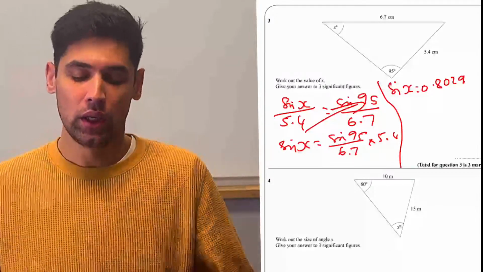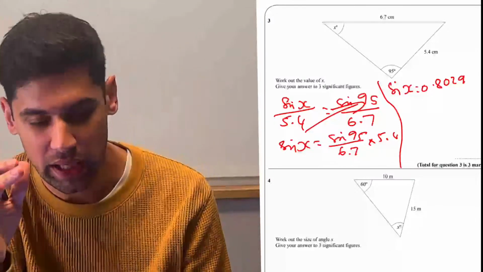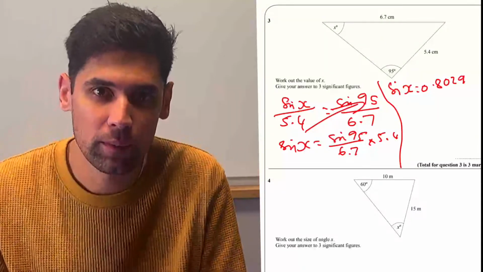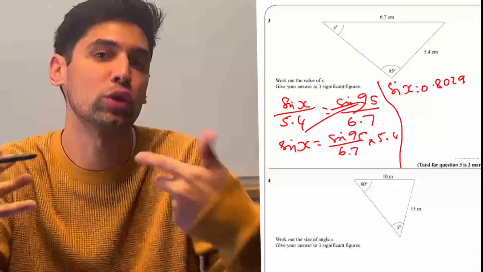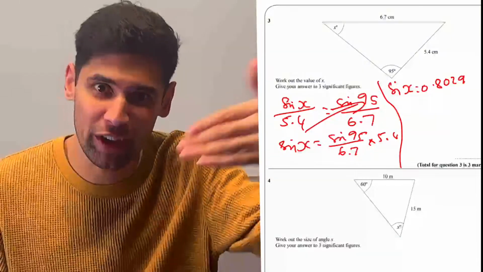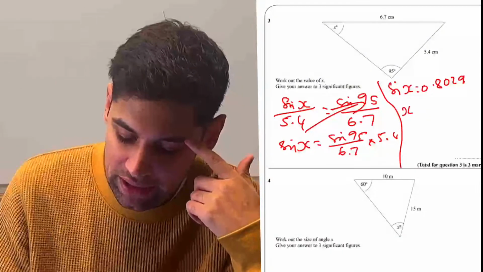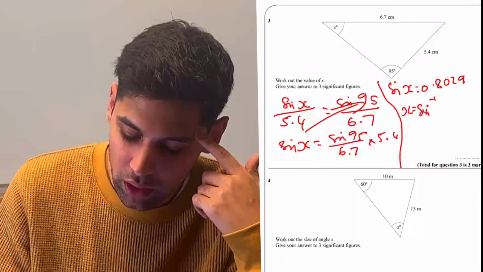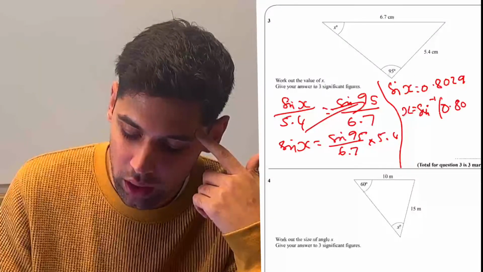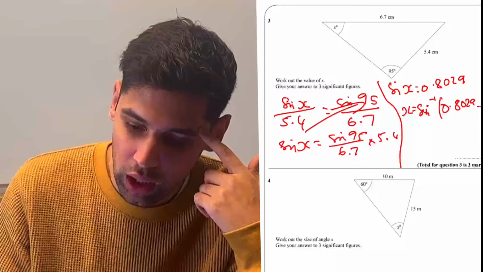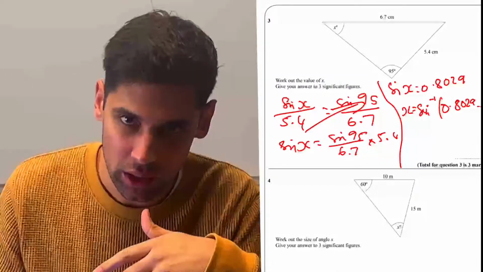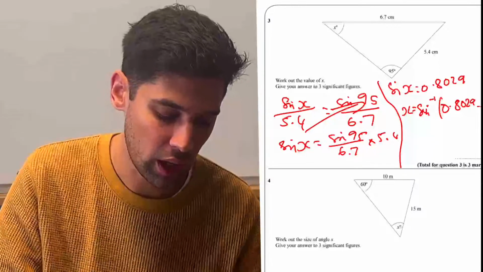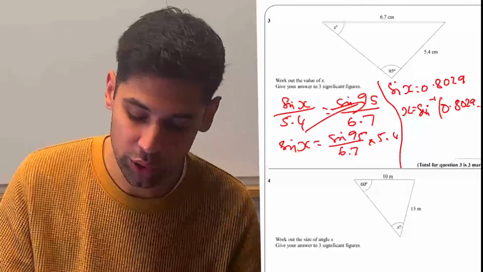So how do we find x? We want to move sine to the other side because we want to get x by itself. Sine is not a number, so you cannot divide by sine. Sine is a function, so you have to do the inverse of the function, which is inverse sine, shift sine. So x is sine to the minus 1 of 0.8029. If you have a calculator that can do that, which you should, you just do shift sine answer equals, and then we get